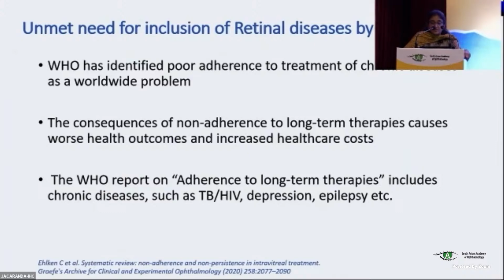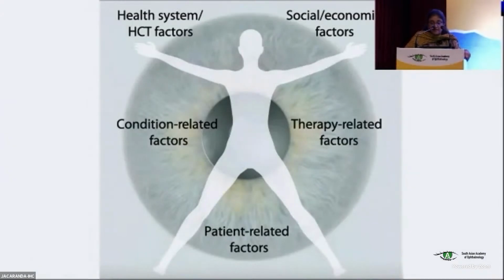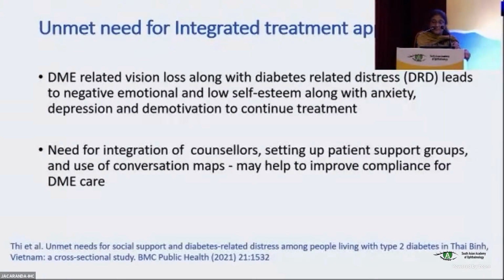So the WHO report actually tells us that adherence to long-term therapies is extremely important, and they have listed various chronic diseases, but unfortunately, the retinal diseases, including diabetic retinopathy, are not there in the WHO list of chronic diseases requiring long-term treatment. And these are the 5 most important factors outlined by WHO which are responsible for the poor compliance of the patients. So there primarily is a need for an integrated treatment approach, because we need